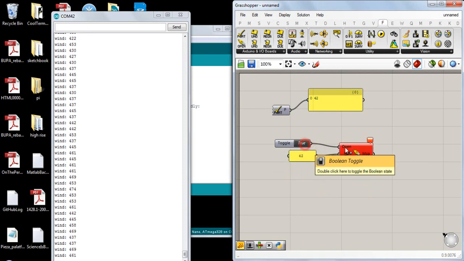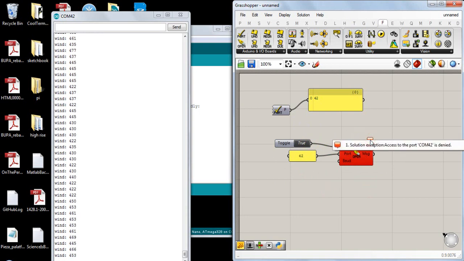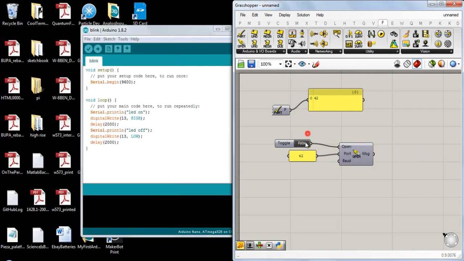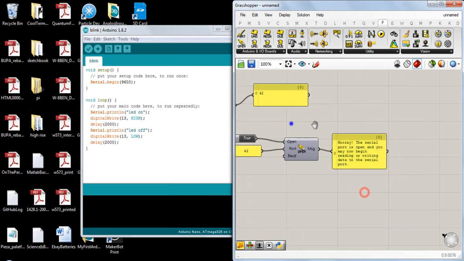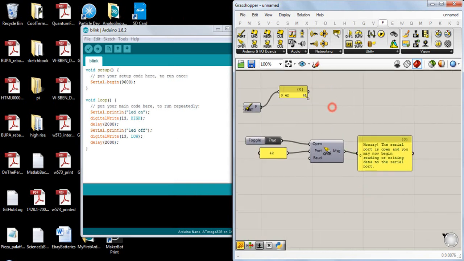while this is running, it won't let us. It'll go red because you can only access the data through one access point. So we have to close this, and then we open it, and it says message, hooray, serial port is open, awesome. And then what you can do is read in that serial data